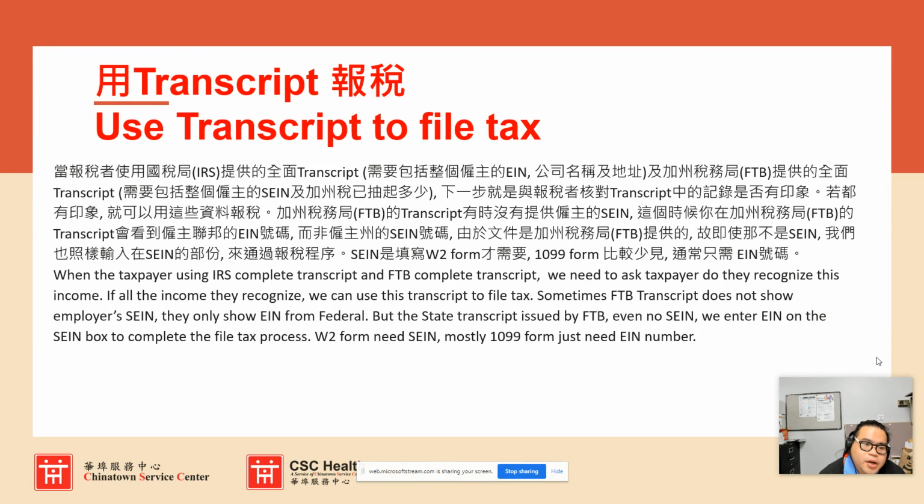Next, using the transcript to file tax: when the taxpayer has their whole transcript, we need to know about the EIN number. If they are filing for California tax, for the California W-2, W-2G, and the 1099, if they have any tax withholding, they must enter the EIN number from the state or federal. They need that information. If they don't have the withholding information, they have a higher chance of paying tax because the information is incomplete or they are missing lots of information. For the IRS, the transcript only has information about the federal. For the state information, they have both of the federal